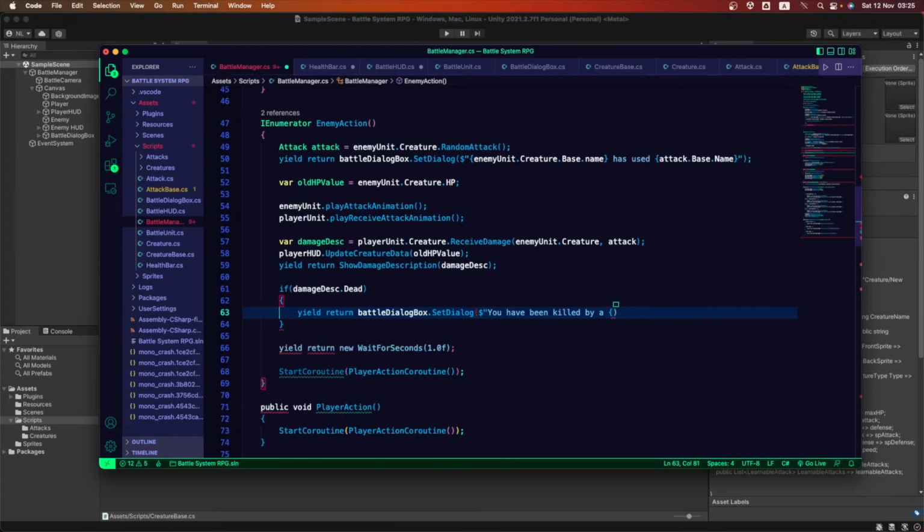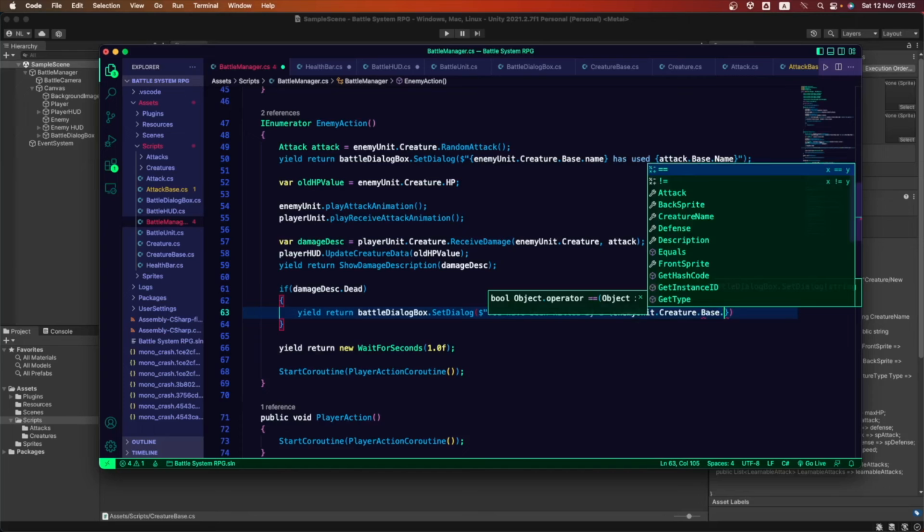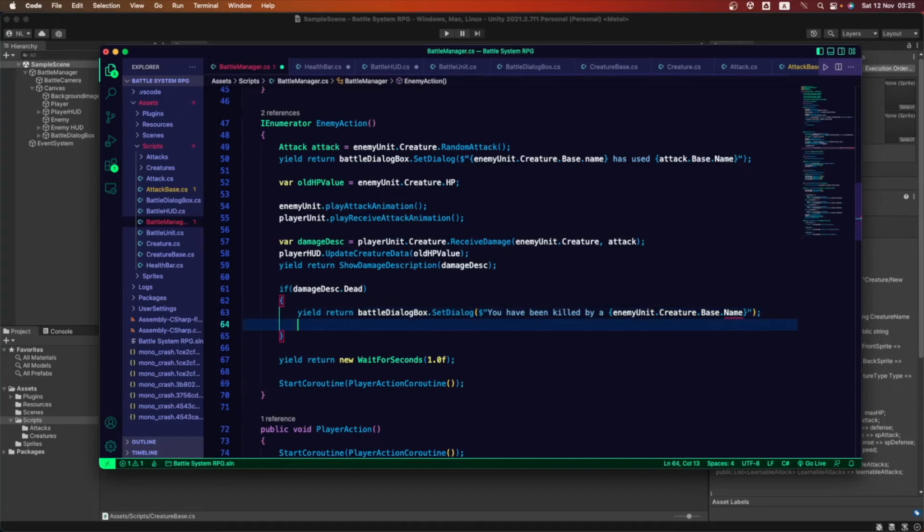By the enemy unit. Enemy unit dot creature dot base dot name. We want to get that name here. Let's close here, and there it is. That's the message that we want to find.